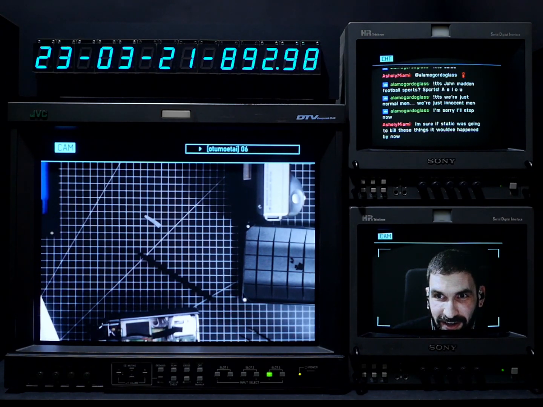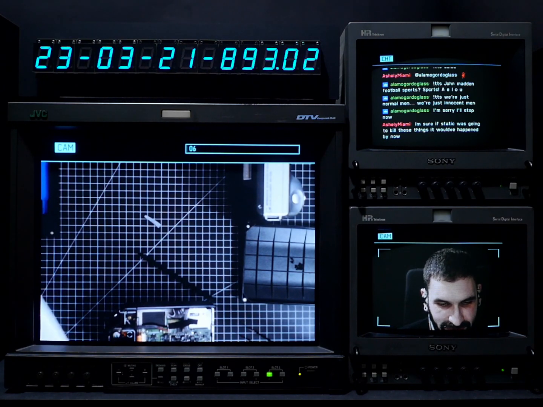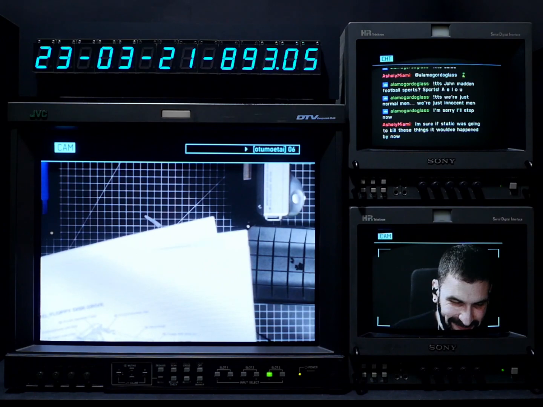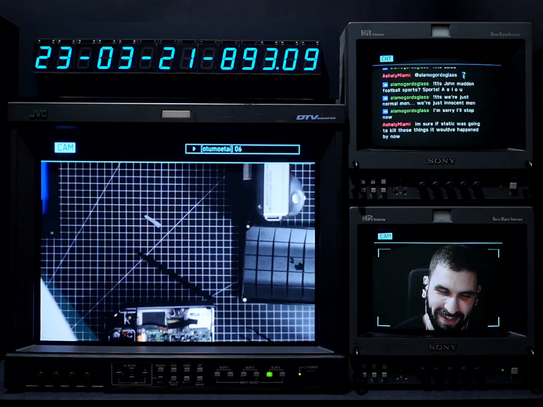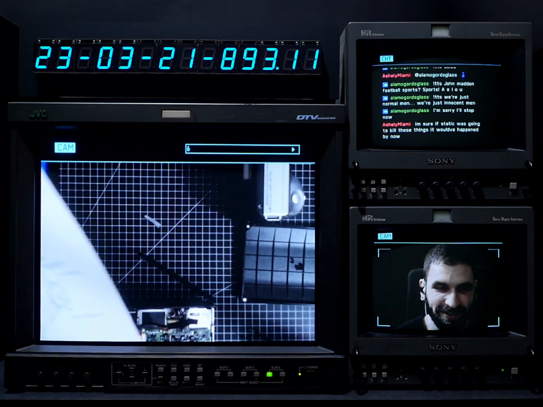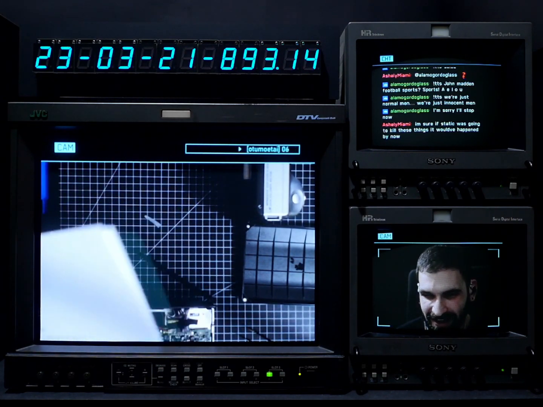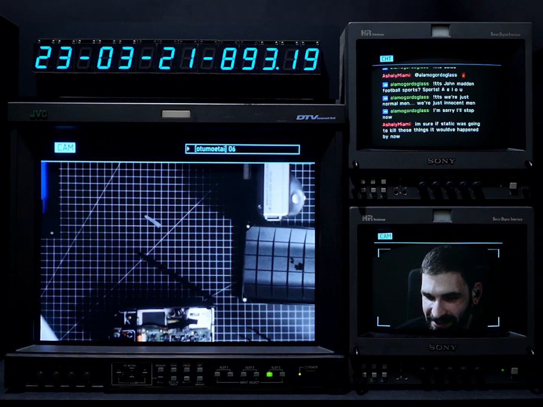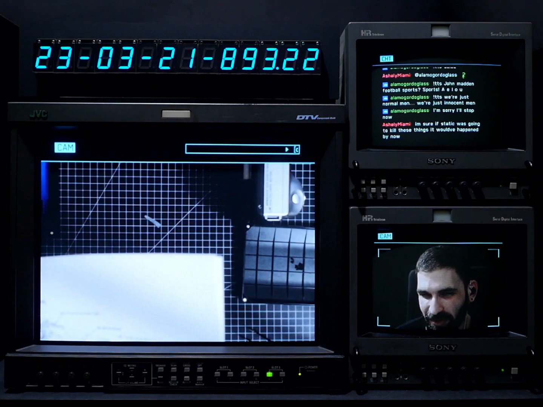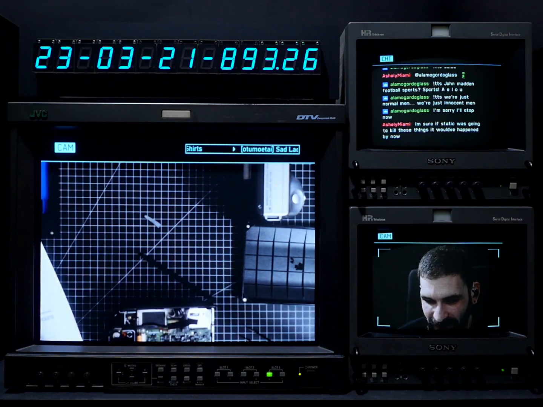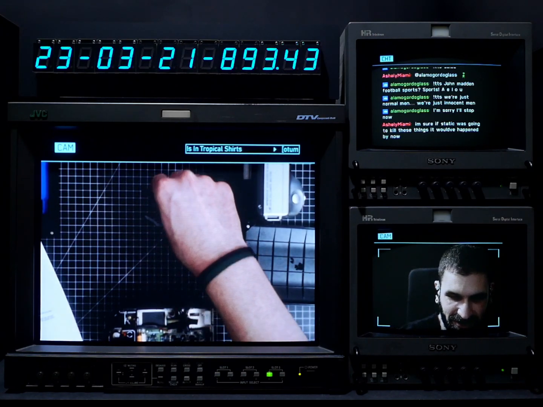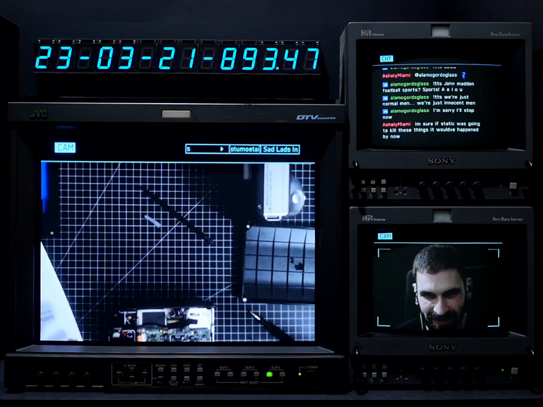Sure, static was going to kill these. Yeah, it probably would have. So I don't know. Yeah, so this is getting a bit closer to that era of more modern cameras, right? Obviously nowhere near as extreme, but if you look at what a modern full frame digital camera looks like, Linus Tech Tips had a video about them trying to fix an Alpha 7 full frame digital camera, and they went into way too much trouble to try to fix it,